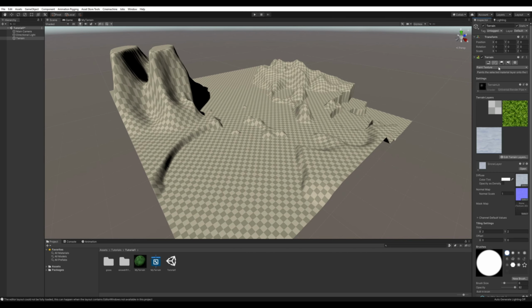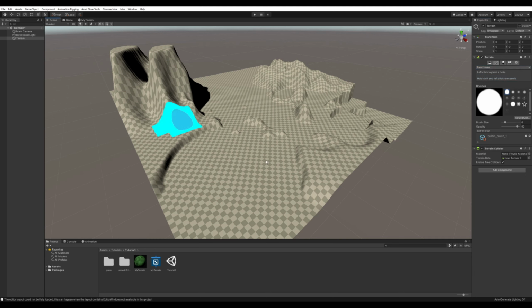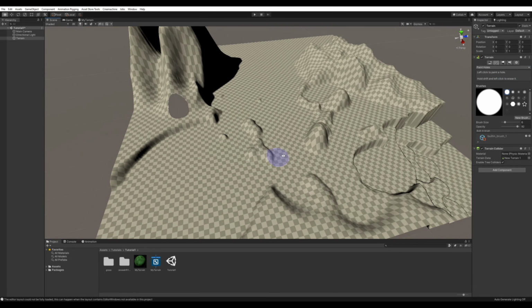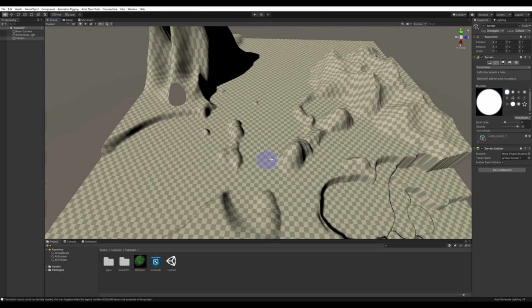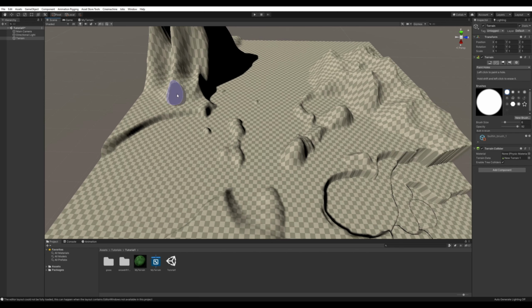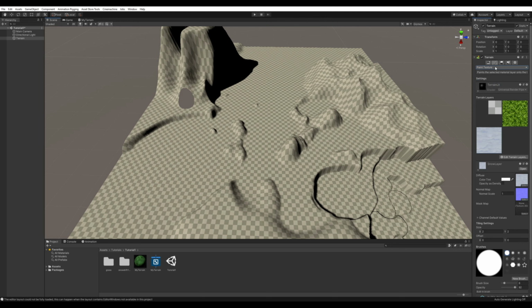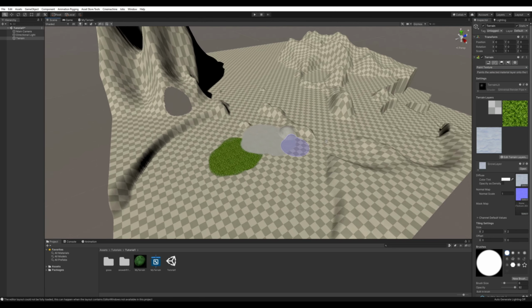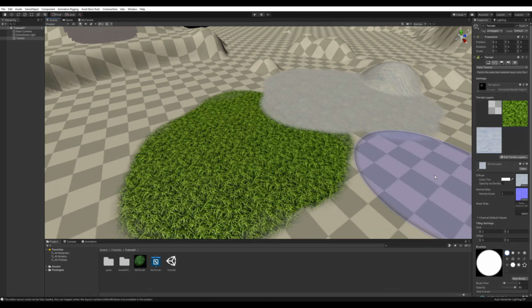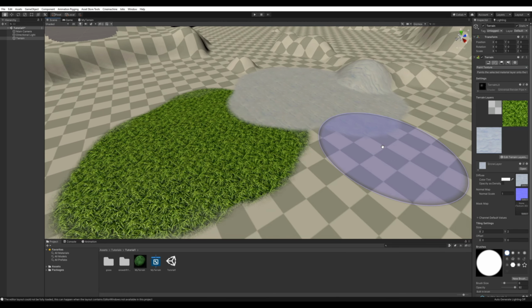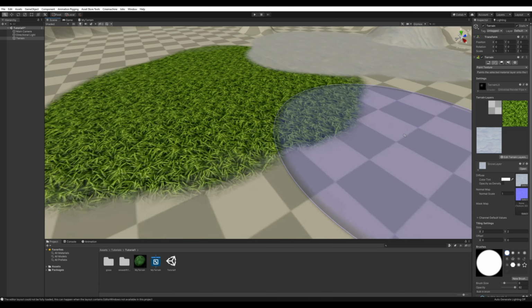So with this terrain lit material, you can actually paint holes in there. For example, it could be the entrance of a cave or a dungeon, as you'd like. So I will leave this hole there, and another useful thing is to paint textures. For example, I can put some grass there and some snow there. As you can see, if I zoom in, I actually have some grass, some snow, and it fades onto the default